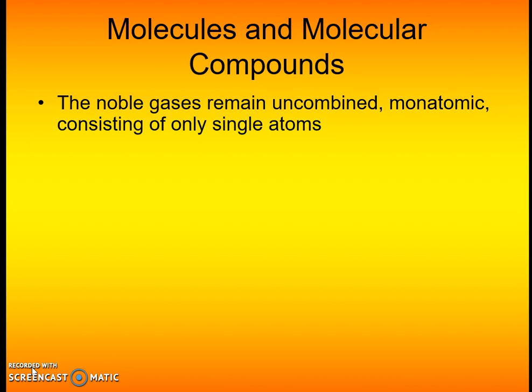Well, since the noble gases already are stable, they're not going to combine with other atoms, and we find them as what we call monatomic elements, because again, they're only one singular atom. One molecule which you may be familiar with is water. Water consists of two hydrogens, one oxygen, and we see it as a liquid at room temperature,